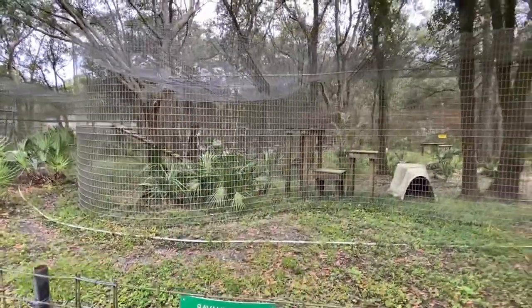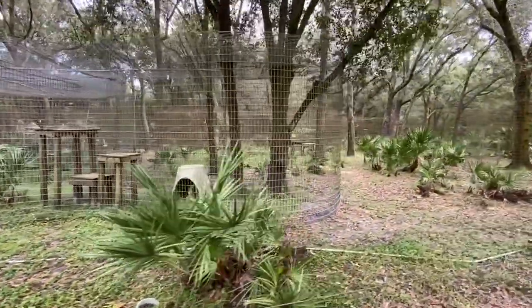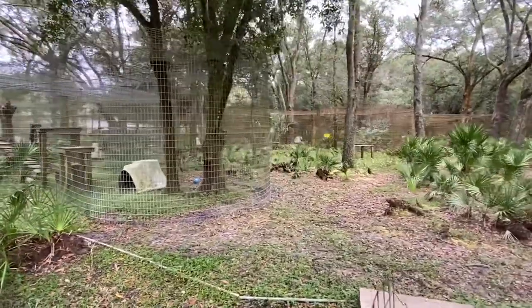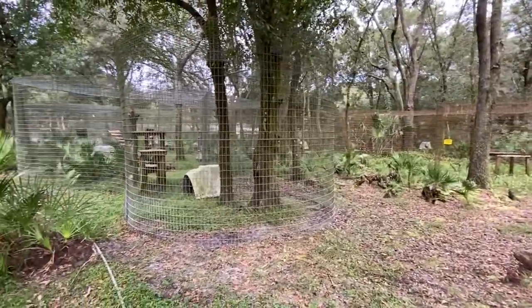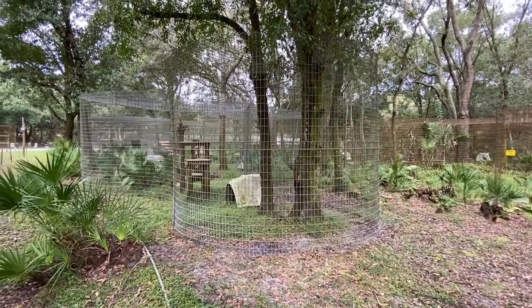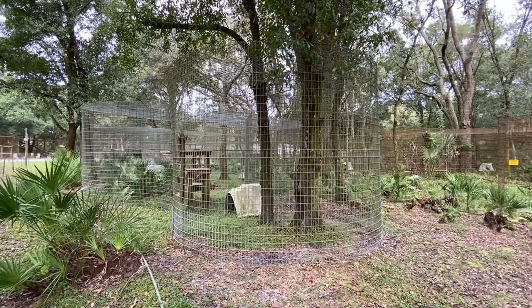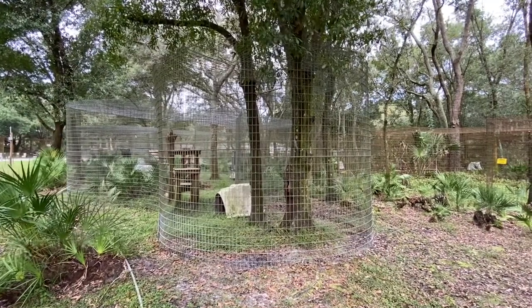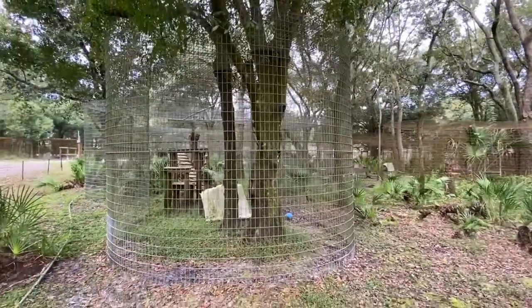Diablo is a Savannah cat, and so that is a hybrid. He wouldn't naturally be occurring in nature. He was man-made. They oftentimes prove that they do not want to be pets and they do not want to live indoors. So lucky for Diablo, he lives here at Big Cat Rescue and he has quite the little mansion all to himself. If you picture him living in an apartment or most average homes, he definitely has more square